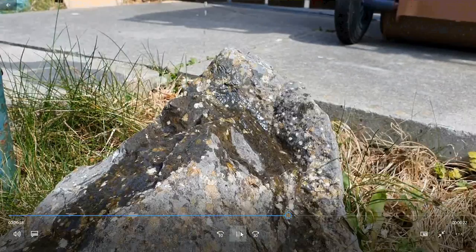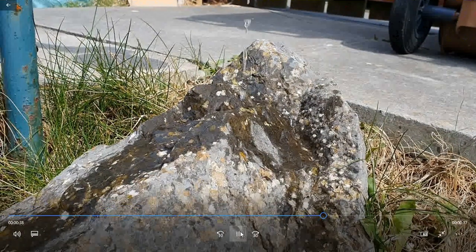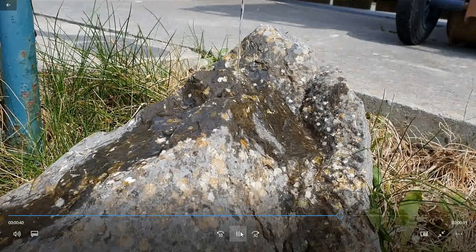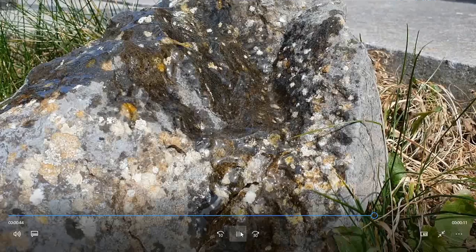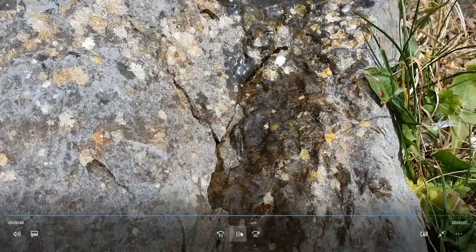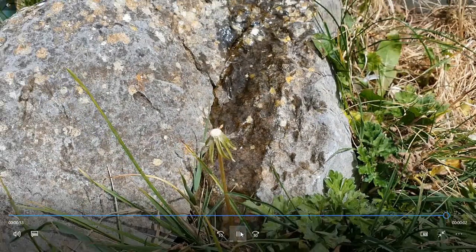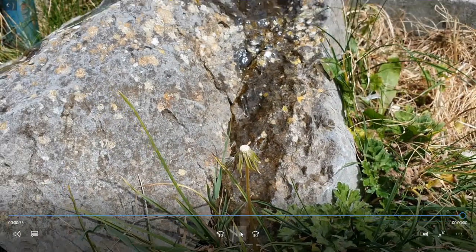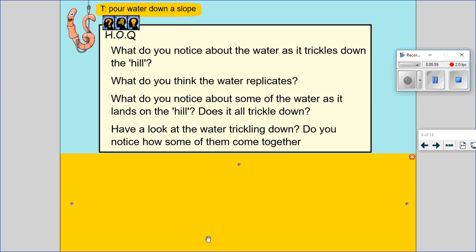And what do you think the water pouring down on top of the hill replicates? What do you think that could be? Can you see how some of them have actually separated and then the trickles bring them back together? As we come towards the end of the hill, they've actually become more one block. Okay, so